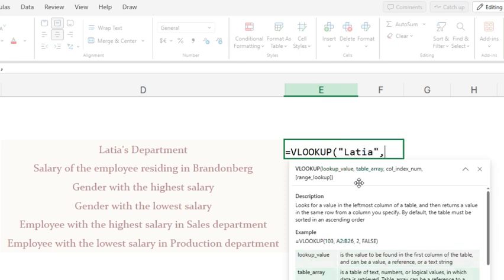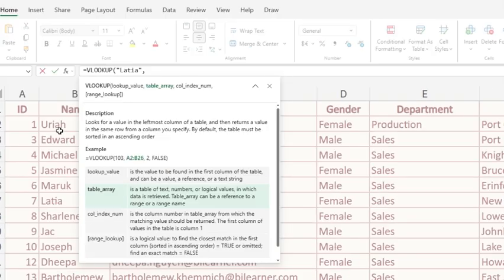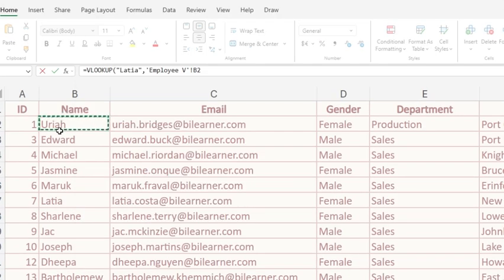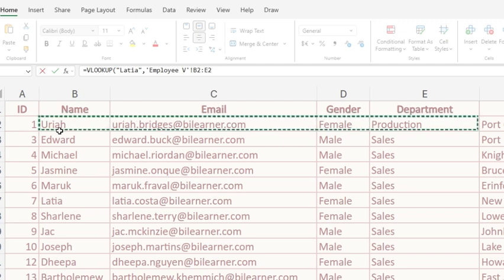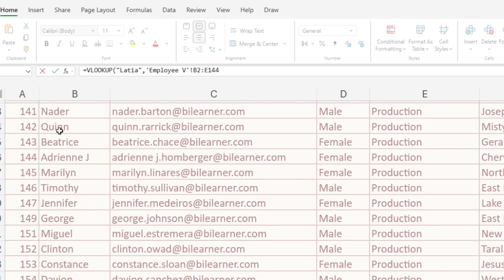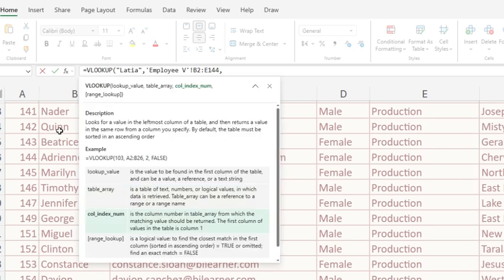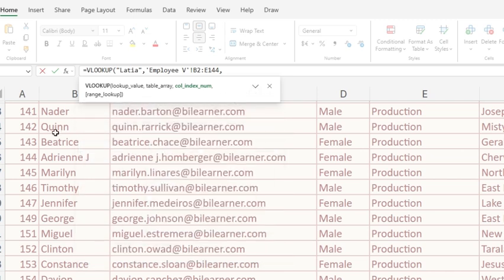For the table array, select the range that starts from the column where the lookup value exists and extends to the column you want to return. In this example, the lookup value is in the name column and the return value is in the department column, so your range should start at name and end at department. The column index number is the position of the return column relative to the leftmost column of the selected range. If your selected range starts at name and department is the fourth column inside that range, use 4 as your